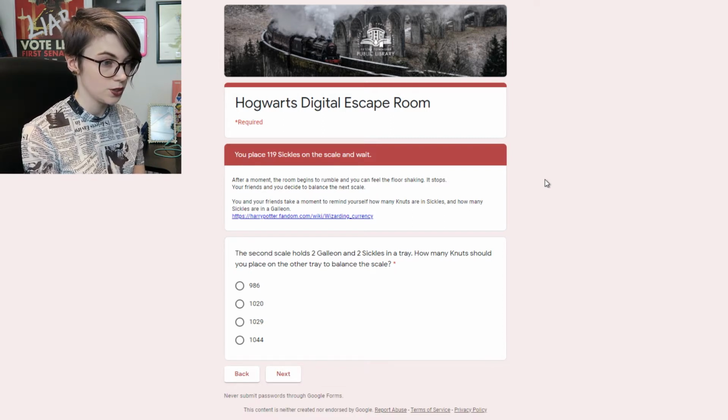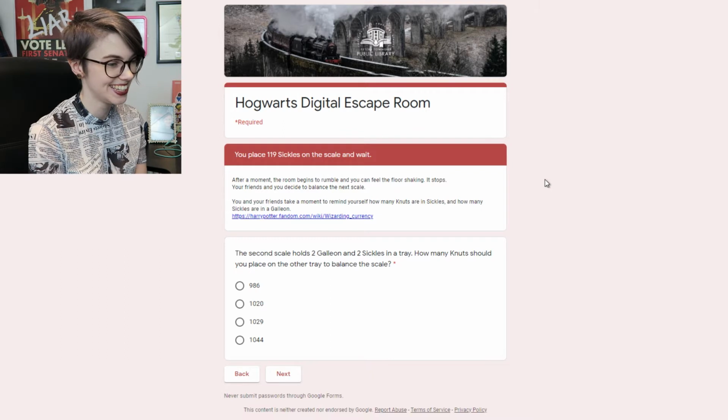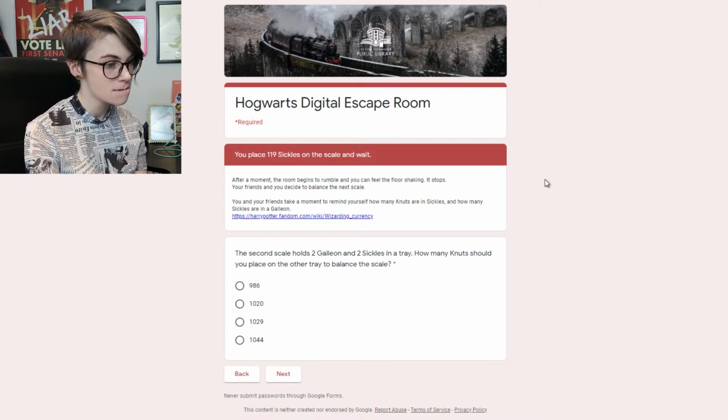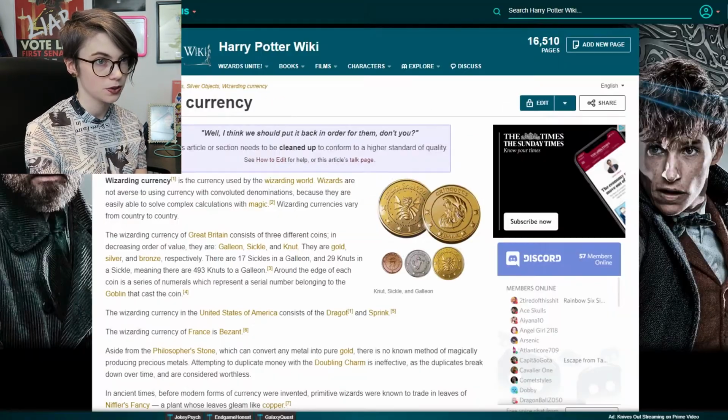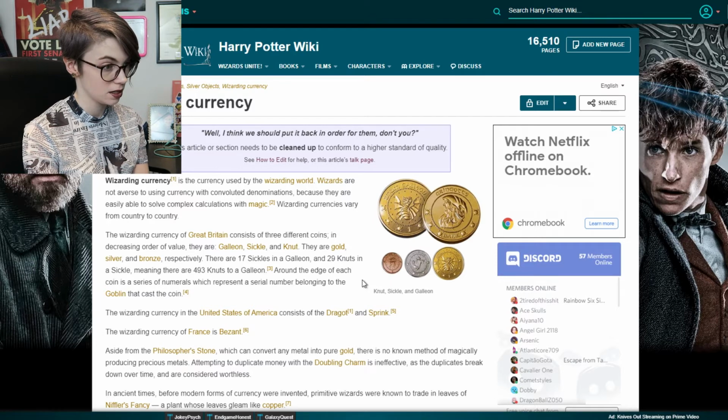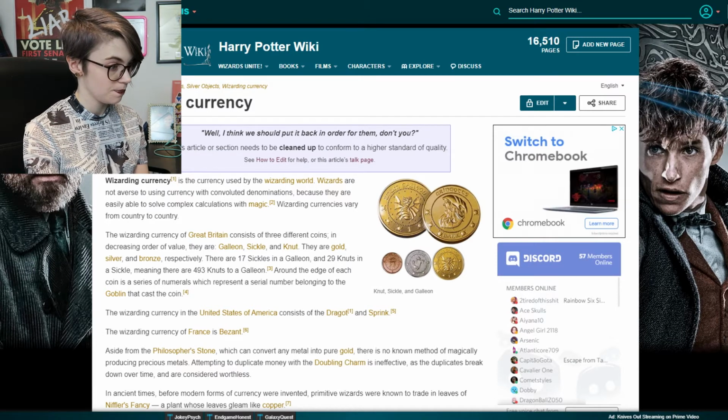The second scale holds 2 galleons and 2 sickles in a tray. How many of your nuts should you place on the tray to balance the scale? Okay. So, 2 galleons and 2 sickles. There are 493 nuts to a galleon, which is...